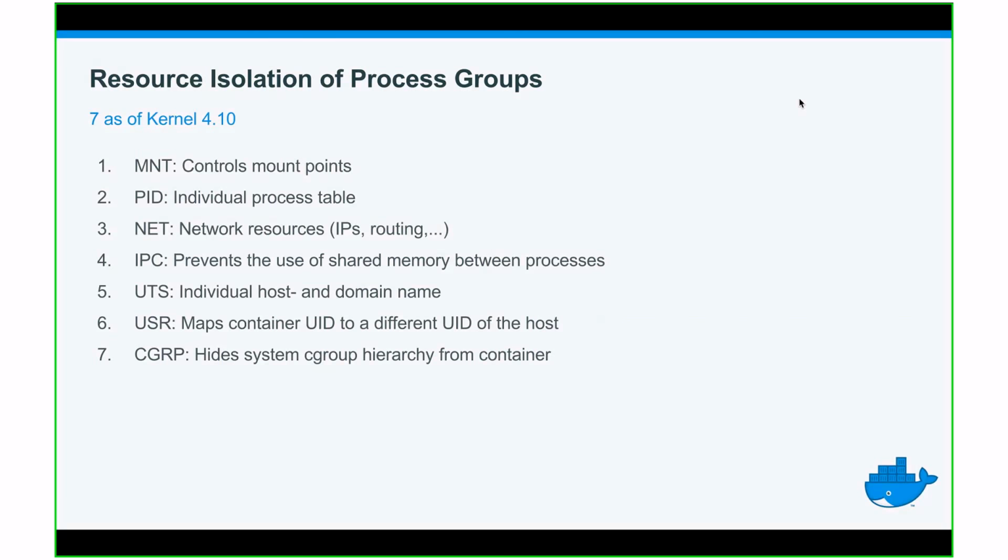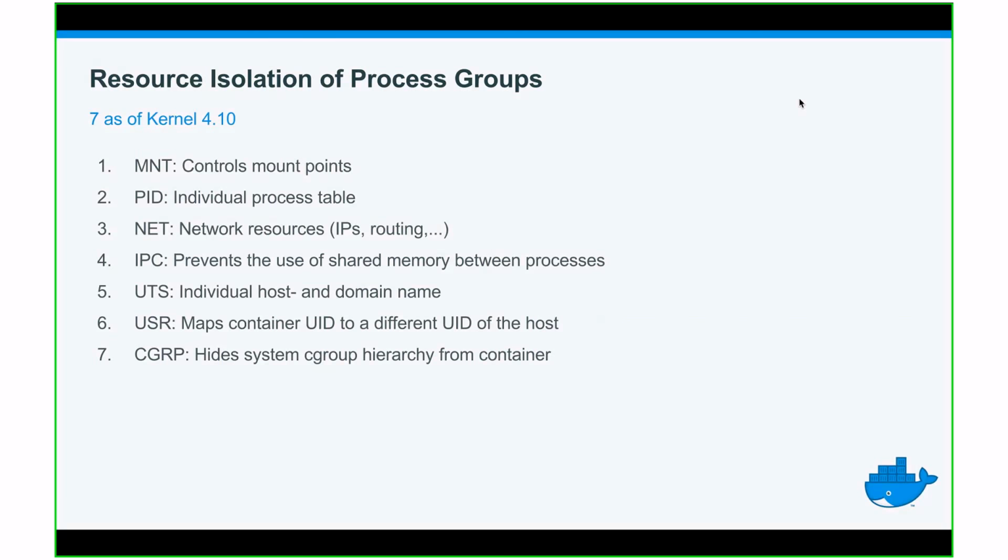If you want to talk to another process efficiently, you can use shared memory, right? And if you have this namespace enabled, which you do if you just start a container, then you cannot talk to other processes in other containers. It's not enough to only separate them by process ID, because you can somehow get a hint of which process ID you have to talk to in order to make contact. But this namespace will prevent shared memory use between the processes.